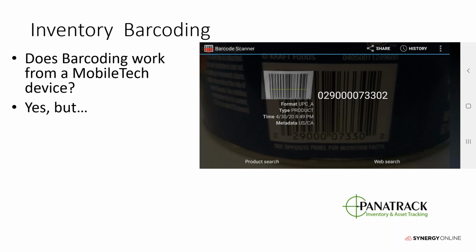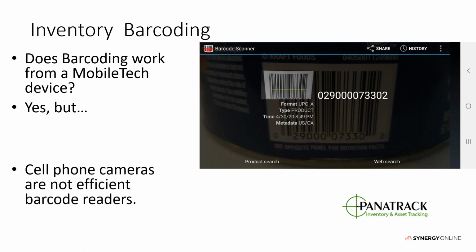But it's not our goal for mobile tech technicians in the field to be taking their time barcoding. It's far easier for them to just thumb type a handful of numbers, or digits, because if you're following the numbering scheme that I mentioned earlier, if this technician needs to open up a filter or search for a filter, he's going to type FIL because he knows that's the prefix for filters. It's going to automatically filter down his inventory list on mobile tech, so he'll be able to select those parts quite easily without barcoding them. Now, all that being said,